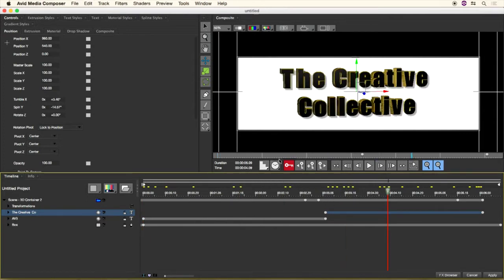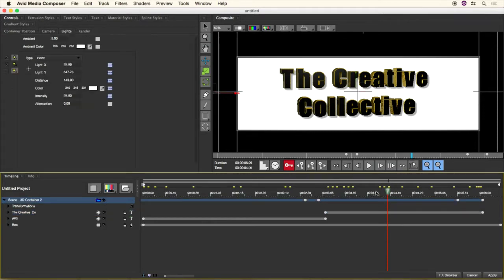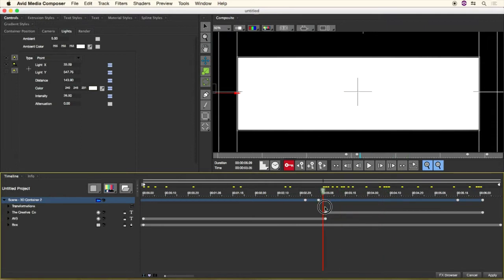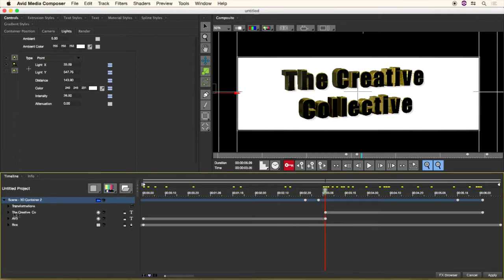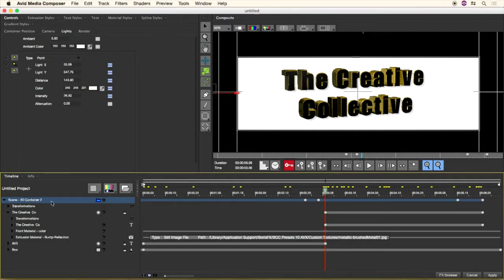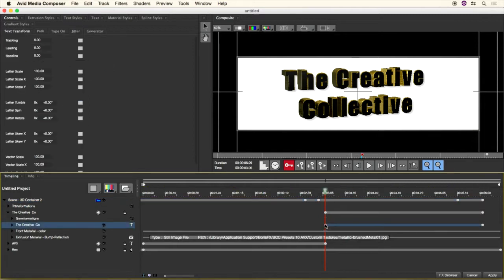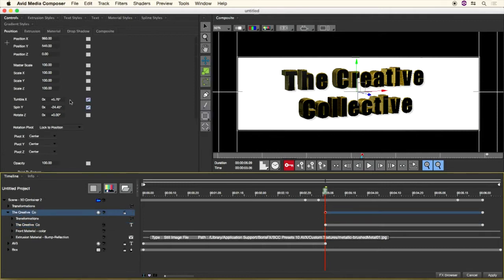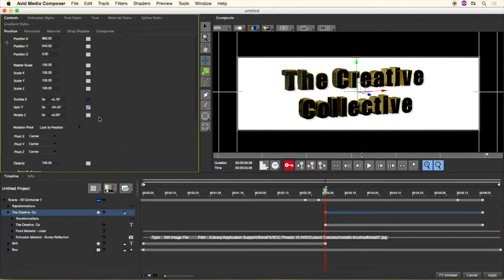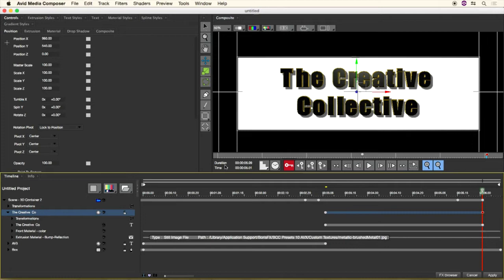If you want to look at how the animation is set, as you can see, I have the animation key turned on, which is this key here. That's the animation key turned on. This key up here. So if we go to Creative Collective container, and we have some information containing rotation, as you can see, it's set to tumble, and my keyframe is set to linear, as is the spin, and that is set to linear. And the last keyframe in the whole mix will be set to 0, as will that one,